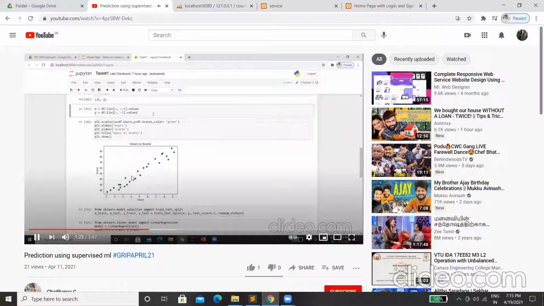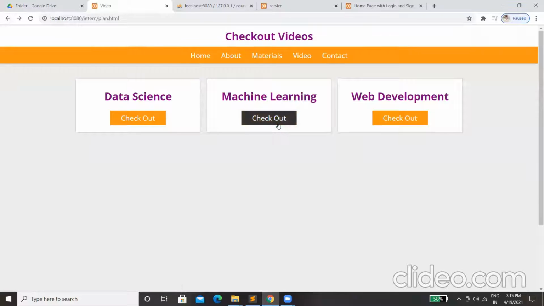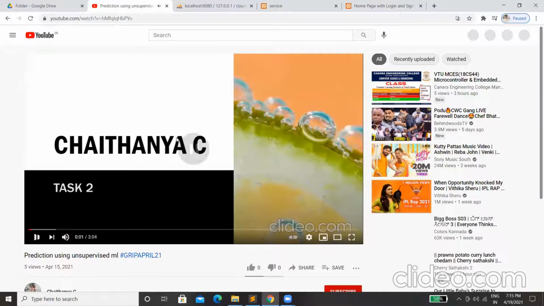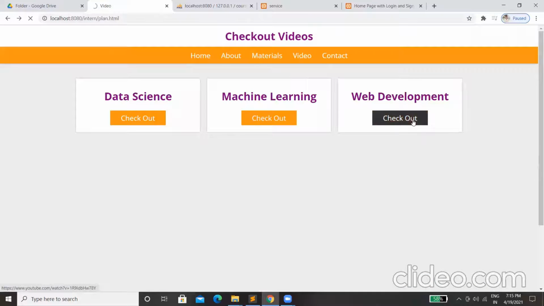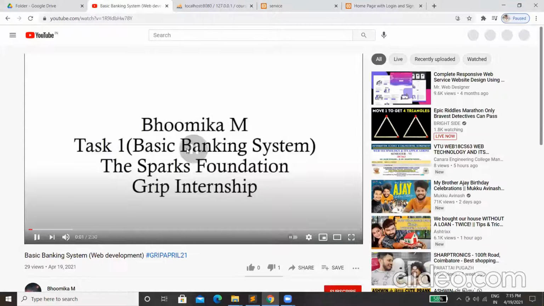This is a basic prediction using supervised ML. When you check out the second video, machine learning, it redirects to the machine learning programming session. For web development, you can check out a video based on a banking system.